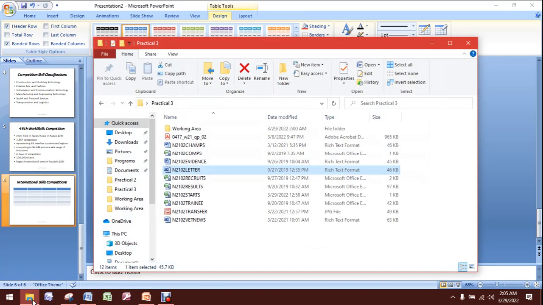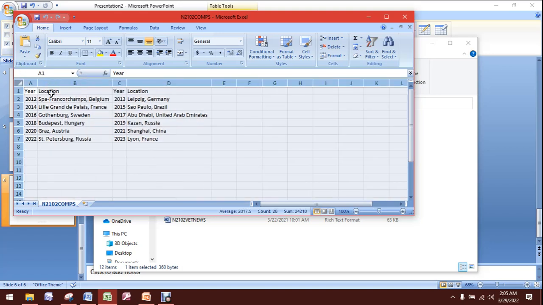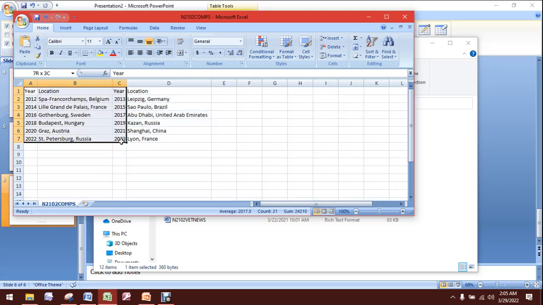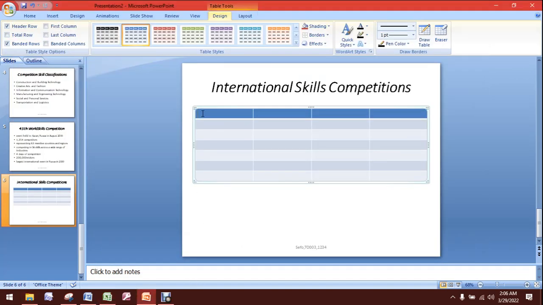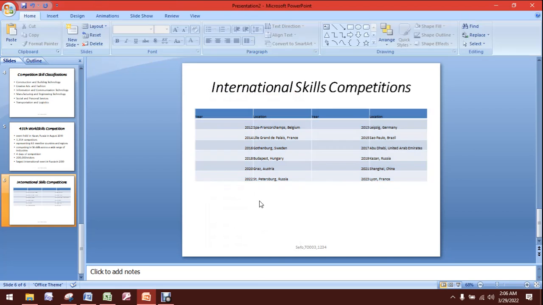So you need to open up your comps. Highlight this. Right, you need this data in it. So I'll just highlight this data, copy it, and come back to my table and paste. Right, now it looks good. Alright, so to create the table, just highlight the data and paste it inside, especially into the top left cell. Step 28, format the table so that the